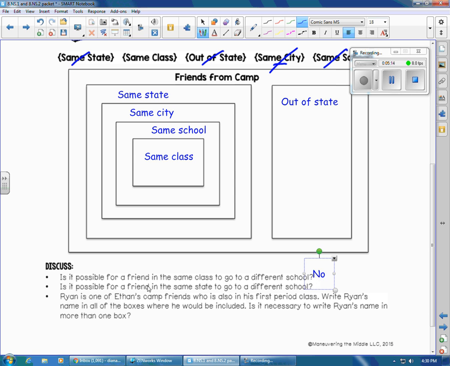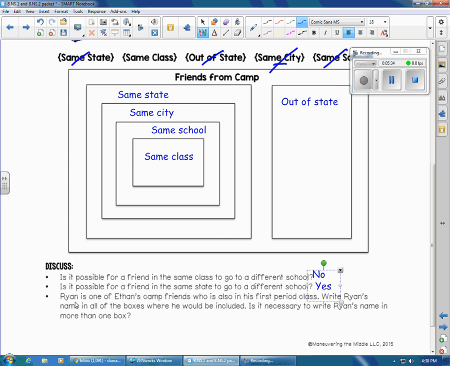Is it possible for a friend in the same state to go to a different school? So we're just here at the state box. Could there be more than one school in a state? Yes, of course there could. Just because they live in the same state doesn't mean they're also going to be in the